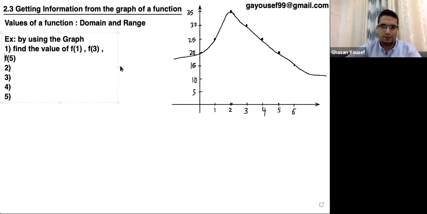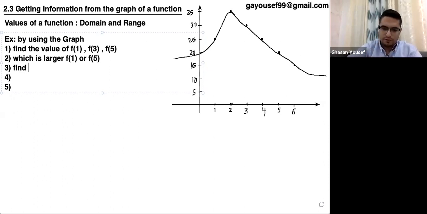Question number 2, which is larger, f of 1 or f of 5? Question number 3,